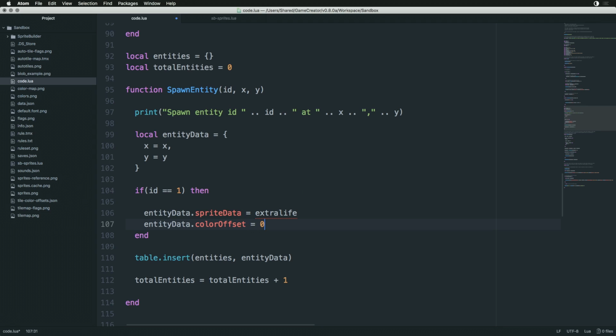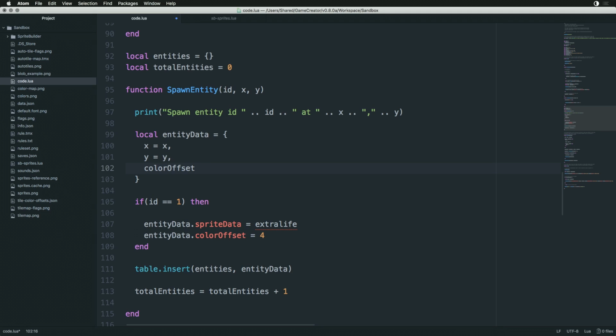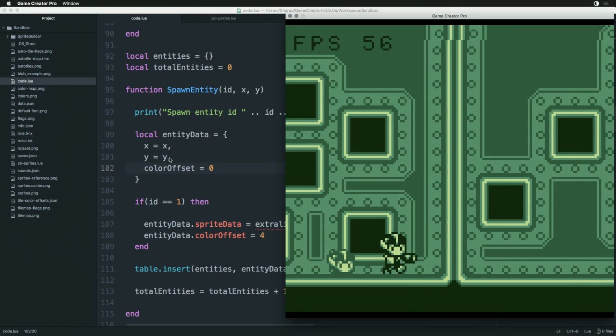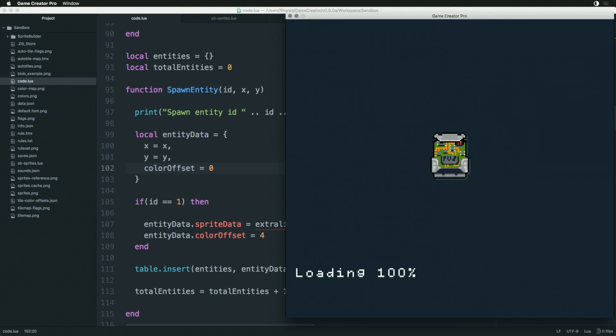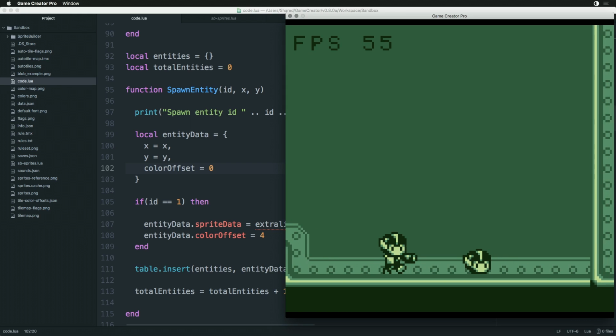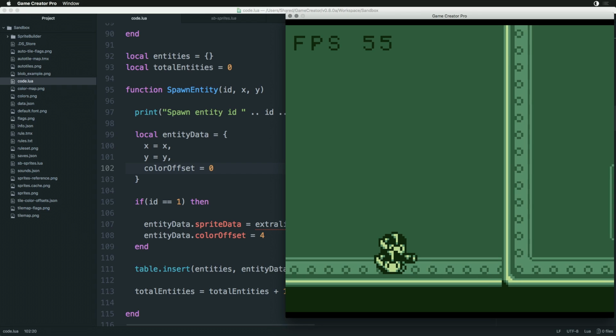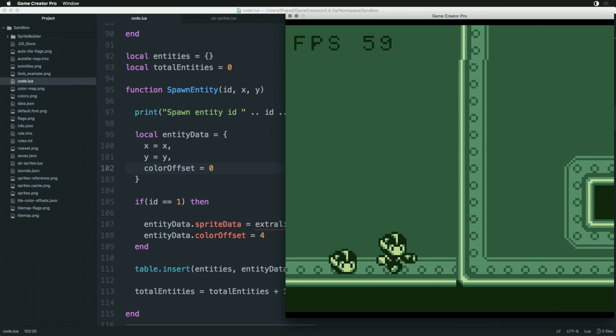Equals 4. We should make sure that this color offset by default is set to 0 so it doesn't throw an error. And now if we rerun this, there's our player's head,